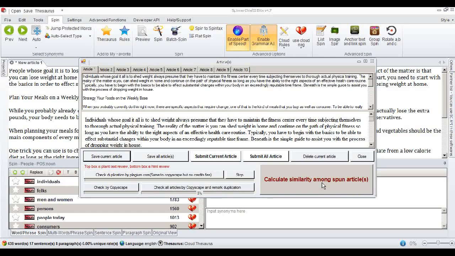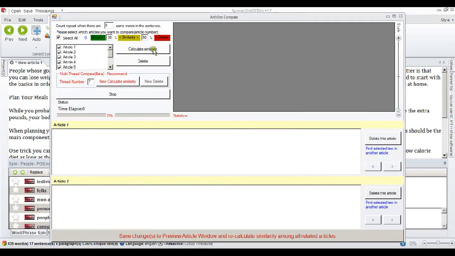So what you want to do is make sure that these articles are all unique from each other, not just from the original. So if we click this Calculate Similarity button, this is the interface we get. Now in our tests, as long as the articles are 50-something% similar and no more, then they've got every chance of being unique from each other when you publish them. So I've just changed this similarity to 60, so it's going to show us figures that are 50-something% or less